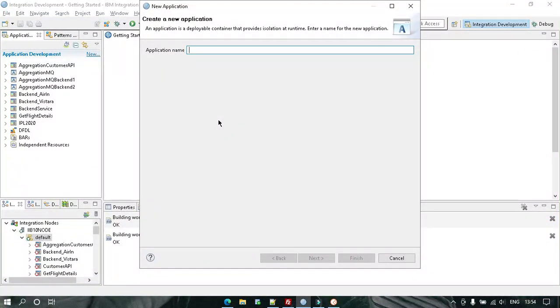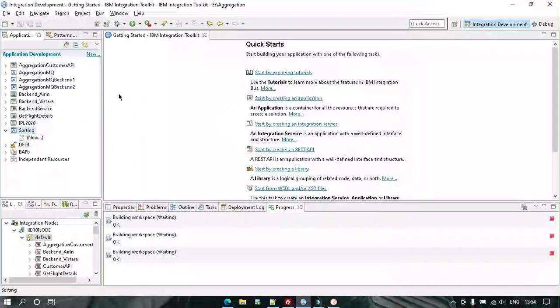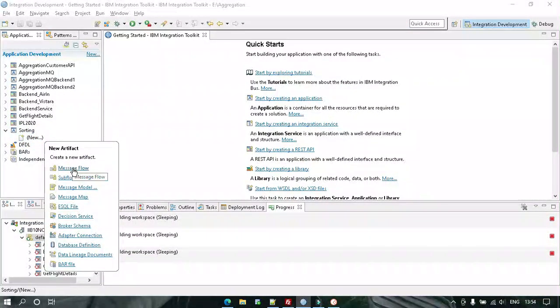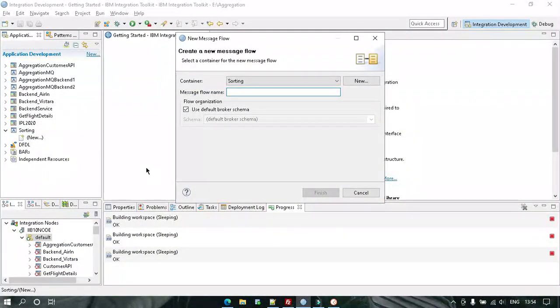Actually, it was there in my workspace, so when I created it, it automatically fetched it from there. Let me quickly give a name to the message flow.